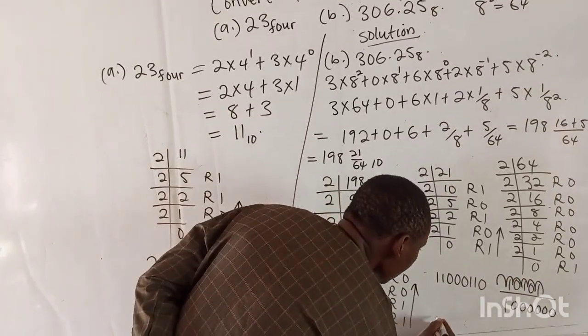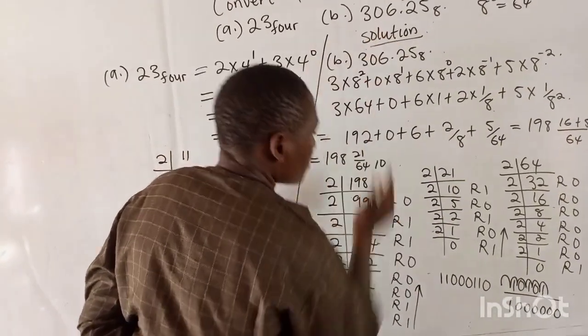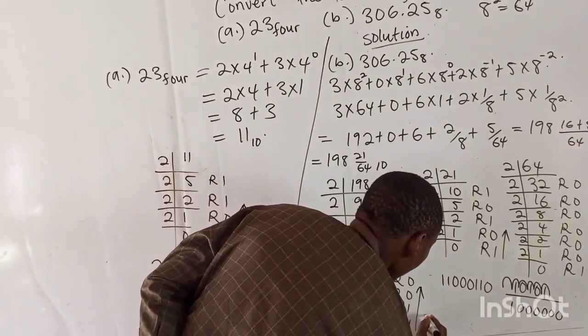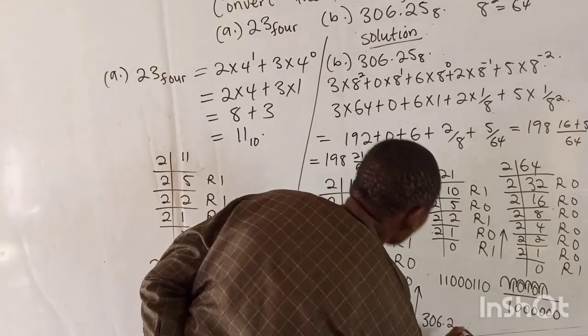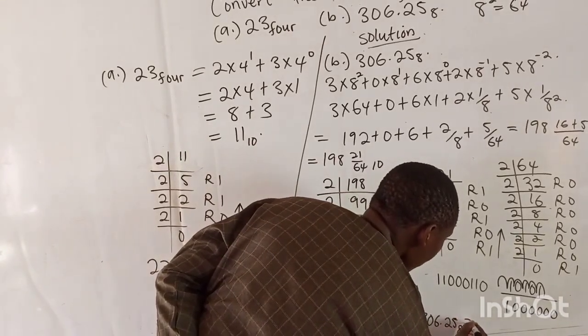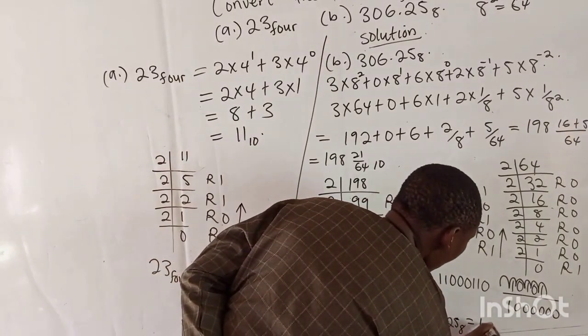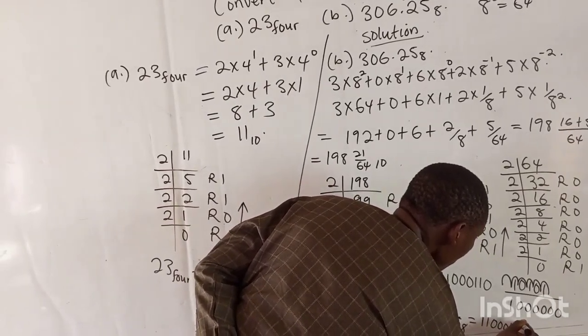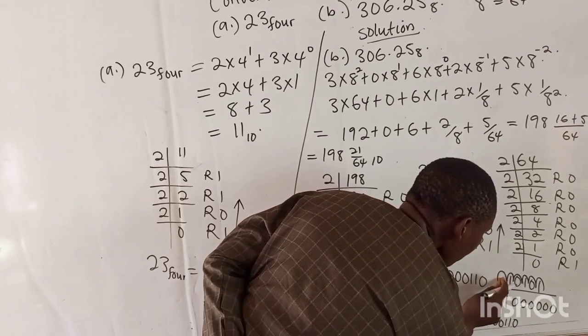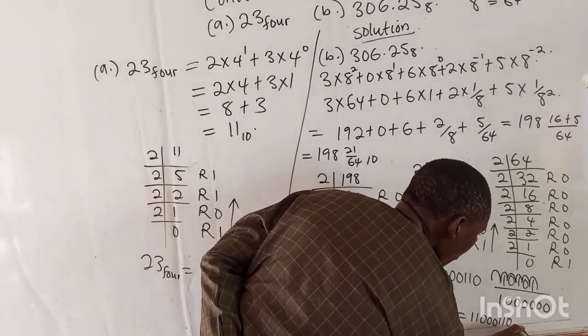Now lastly, we write that 306.25 base 8 is equal to 11000110. Then here is empty, we write 0, we put the point,